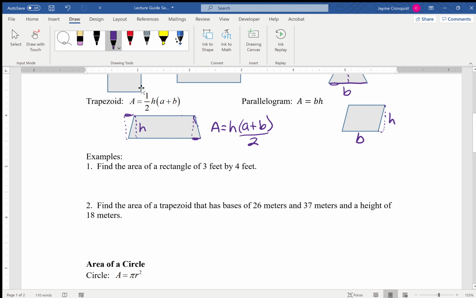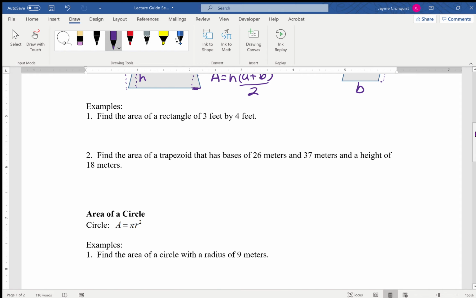Okay. Find the area of a rectangle that is 3 feet by 4 feet. So, oops, my screen slid. Area is equal to the length times the width. In this case, that's 3 times 4, which is 12. Now remember, area is a squared unit, so it's square